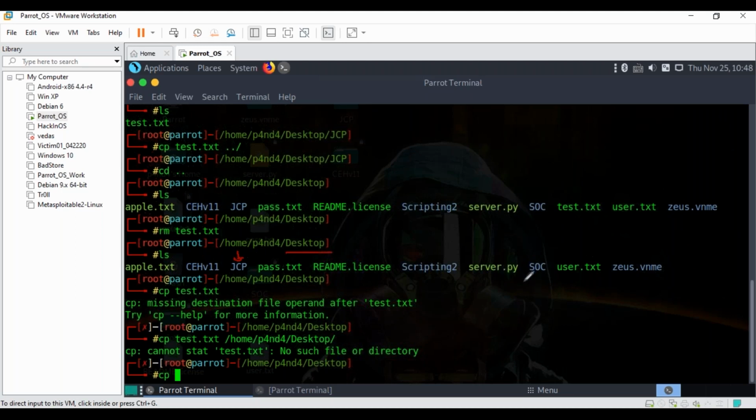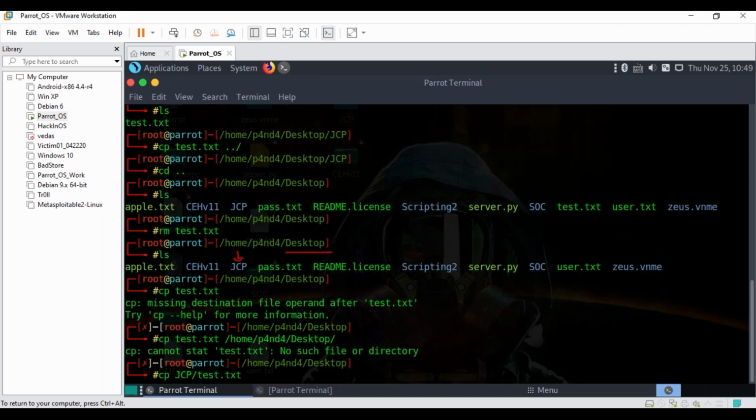So if I want to copy from something inside my desktop, which is a JCP directory, either I can go with JCP directly because it is inside your desktop. This is one way. Second way, I'm right now in desktop, so I can simply write JCP and test.txt.